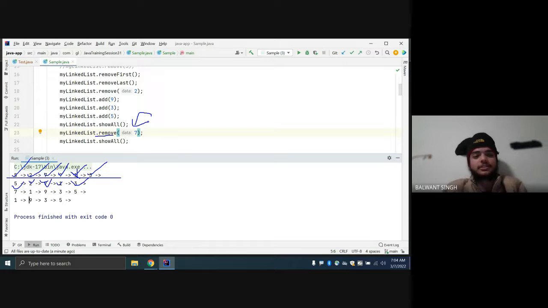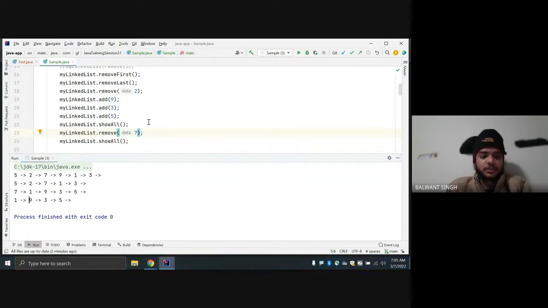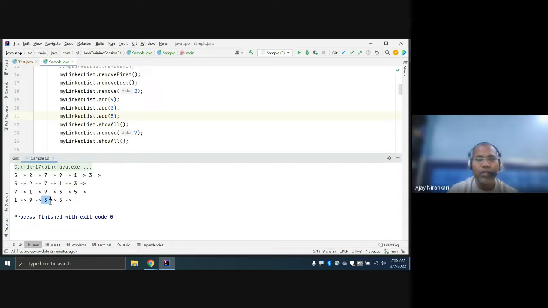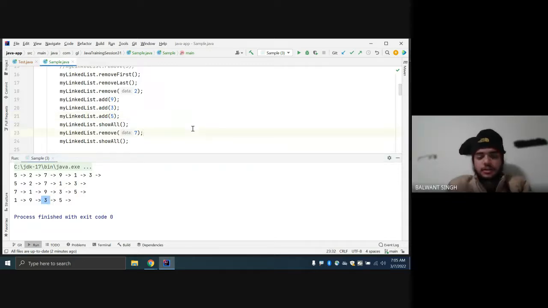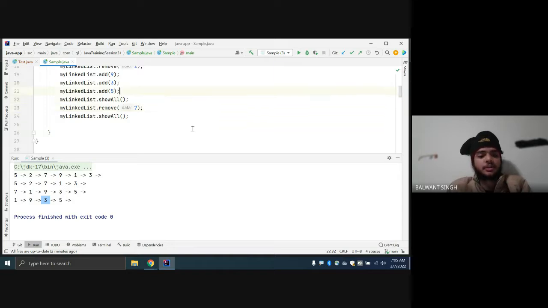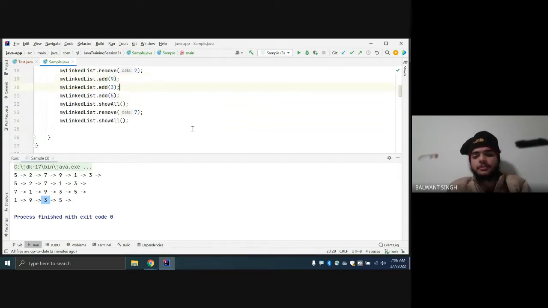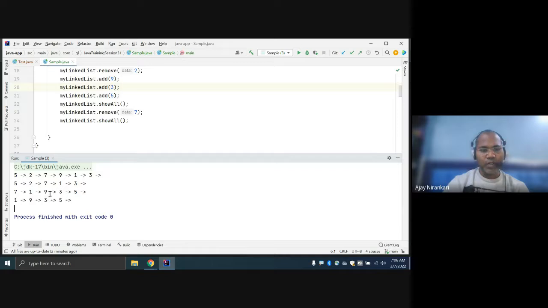Sir, we will pass the data after which we have to remove. So like we have to remove after 2, which is 7. So we will just make 2 dot next point to 9. Let's say I want to remove this third. Okay. Here let's add the node which contains 9, so the next of that node will point to 5. Yes. Just I want to remove this element 3. Means from the output I want 1, 9, 5.